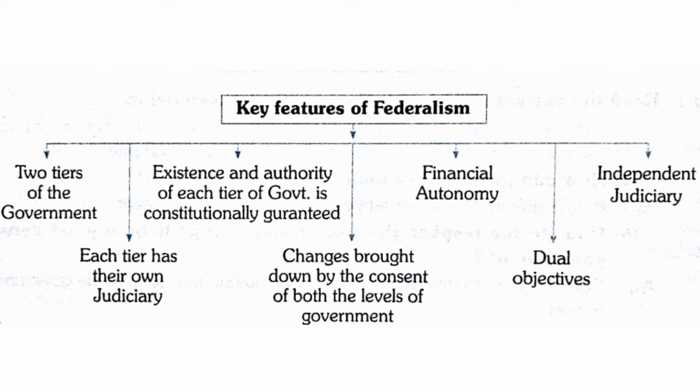Now feature number 4 is that the Supreme Court has been given power to settle disputes between different levels of government. Now feature number 5 is that fundamental provisions of the constitution cannot be altered by any one level of the government. In case there is a need for change of any law, both the center and the state will sit together and decide whether it has to be removed or what is to be corrected. But unilaterally they can't do it.